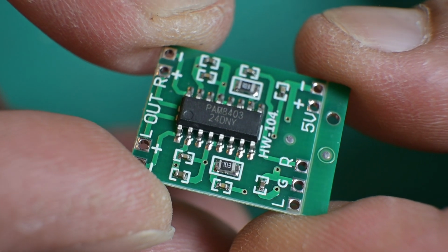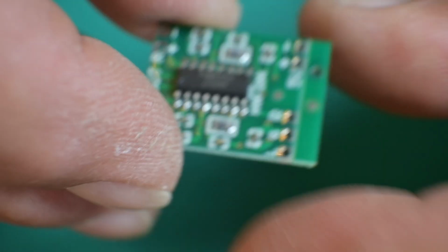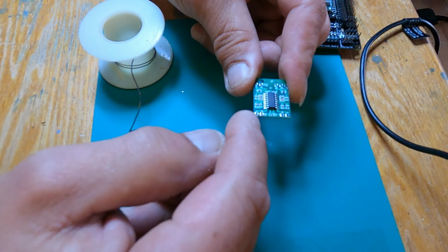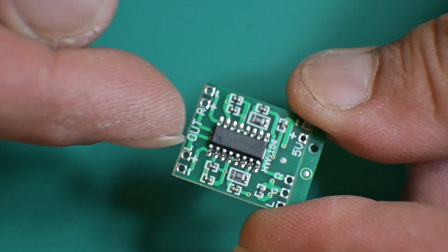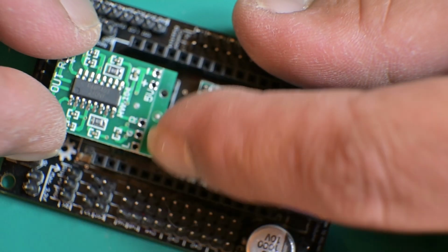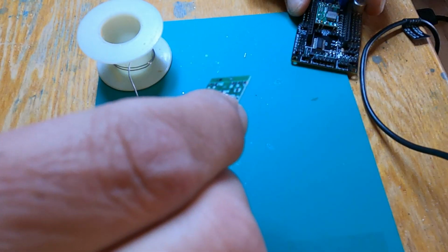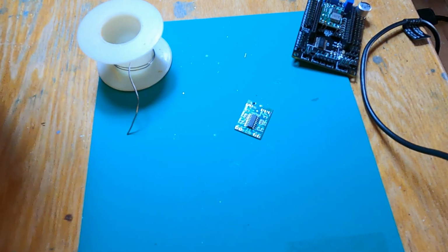Looks good. Flip it over. Yeah, looks good. All right, so now what we need to do is put two regular male pins on the out part of it, and then mount the three holes to the three holes, two holes to the two holes. And that seems to match up really nice. So what we're going to do is get ourselves a